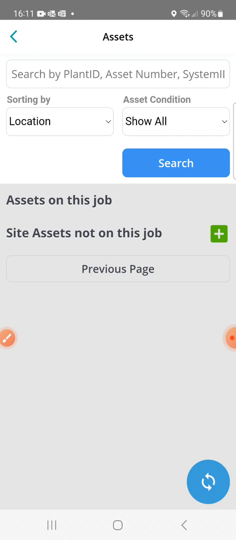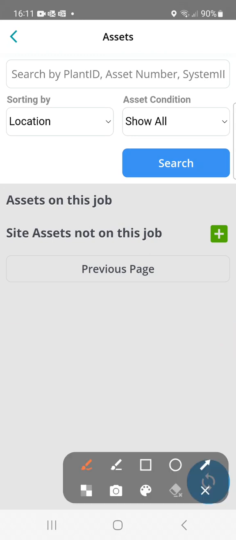You can see a search bar whereby we can search by plant and asset. If we have a list showing already, we can sort by location and by asset condition. But as there is currently no asset showing here, we simply go to the button which shows site assets not on the job, and we plus it,